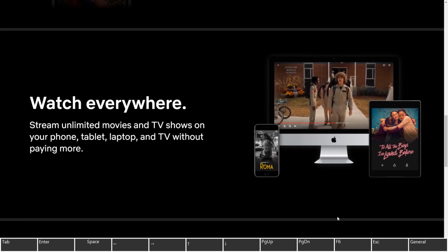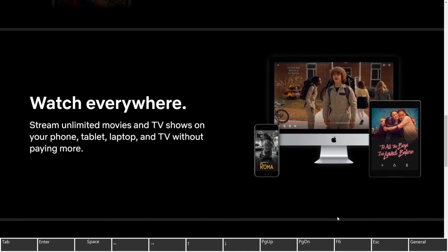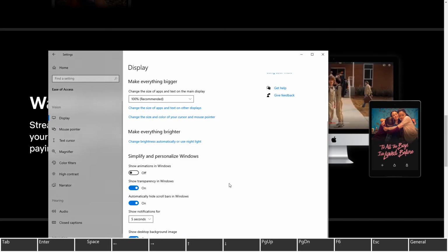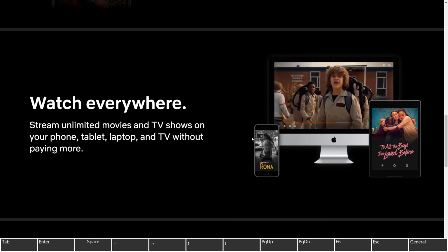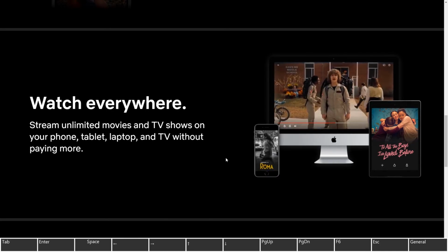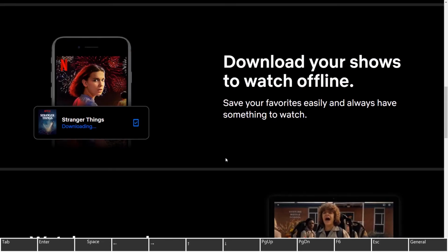Okay, Netflix doesn't respect the user settings for reduced motion, and reduced motion for your OS is important because with vertigo or any other vestibular disorder, animations and flashes can make you have an attack, a vertigo attack, or if you have severe migraines. So that's why some people disable the animations in Windows, and you have an option when you're creating a website to respect these settings and not autoplay media. But apparently Netflix doesn't have that option.